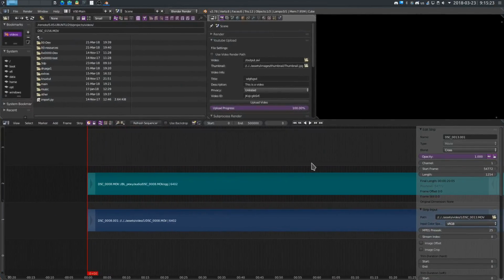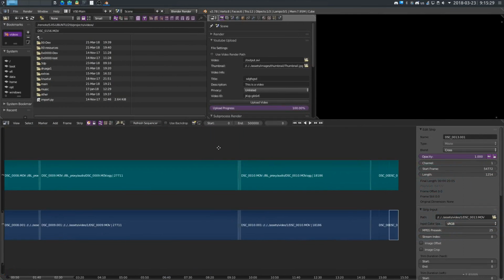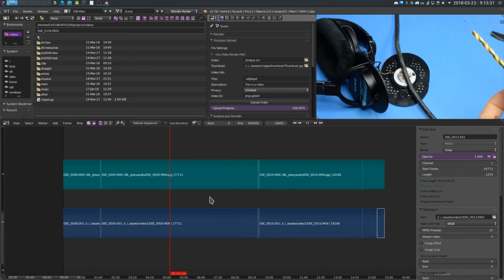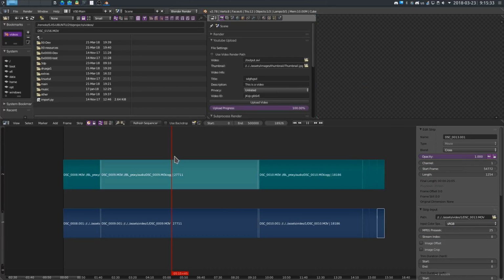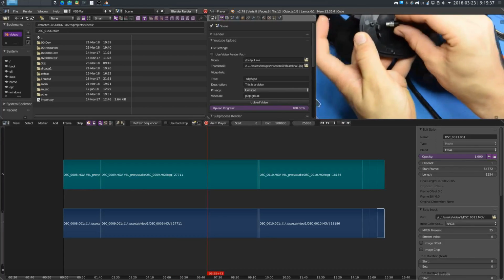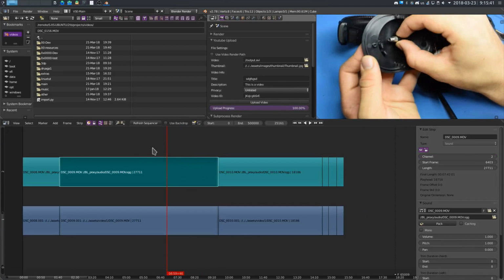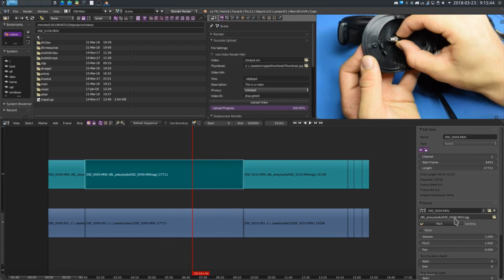So now that it's open, I can see that the video files and associated audio files have already been imported. And if I just select one, we can see that this loads pretty quickly. And if I play it back, it's running at 60 frames per second. So, perfect. Now, if I select one of these audio clips, we can see that it's .mov.ogg because the default